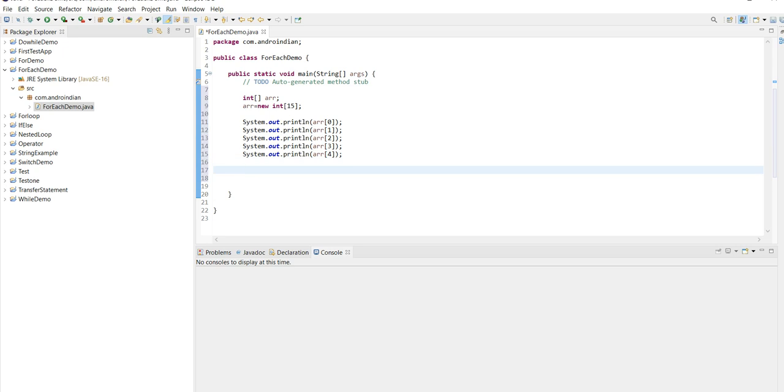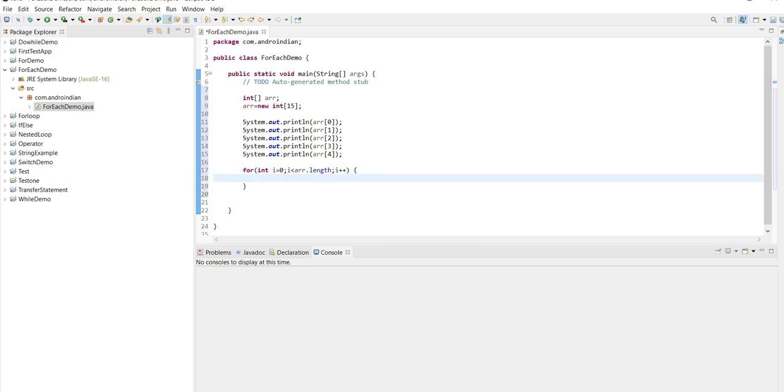Then I am writing a normal for loop: int i equal to 0, i less than arr.length. As many times as the array length, that many times I want to repeat this loop, then i plus plus. Next, System.out.println of arr of i, based on the index position.